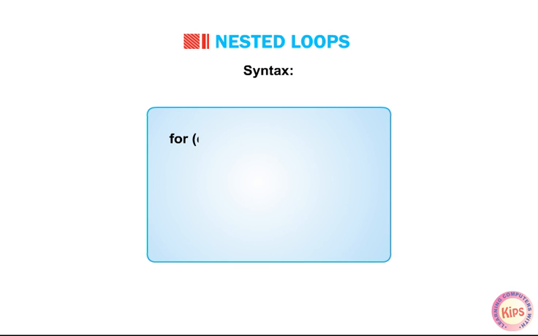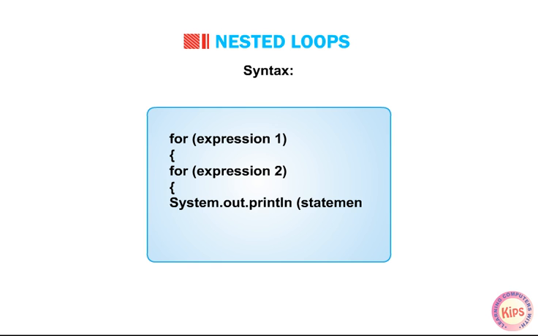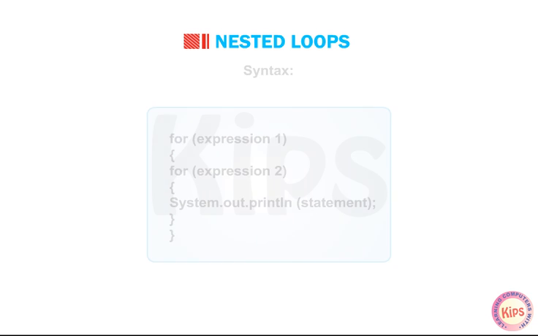Syntax: for (expression 1) { for (expression 2) { System.out.println(statement); } }